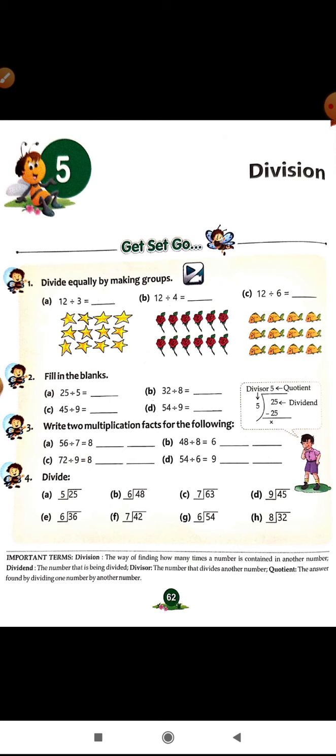This is Seema in front of you, and today I will explain division, long division. First I will explain dividing a 2-digit number by a 1-digit number, then dividing a 3-digit number by a 1-digit number. After that I will explain dividing a 4-digit number by a 1-digit number. So three types of questions I will explain today.